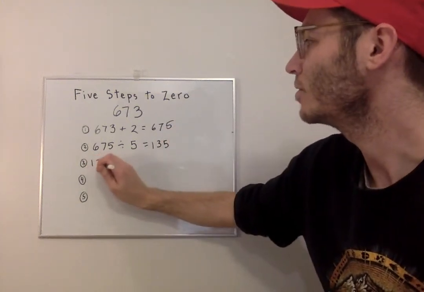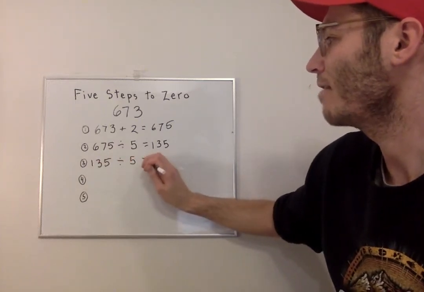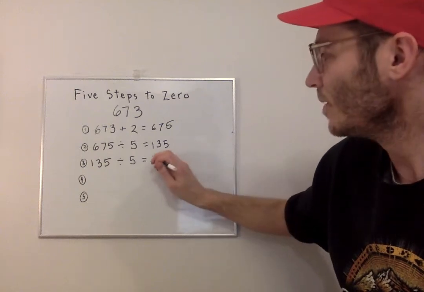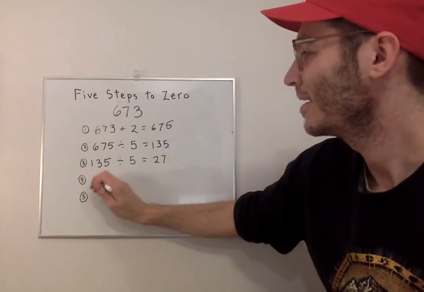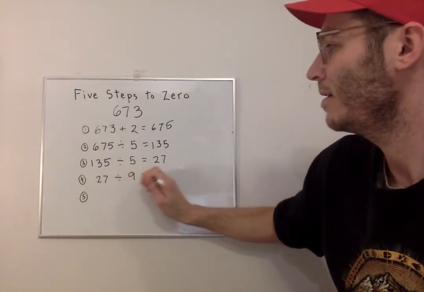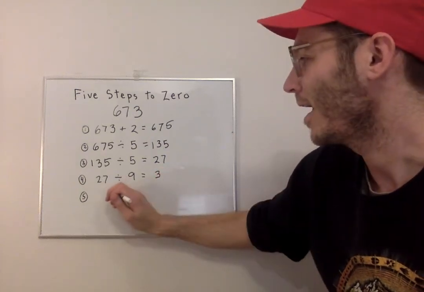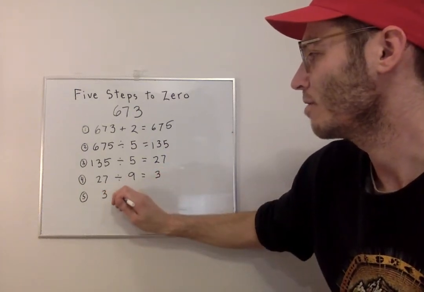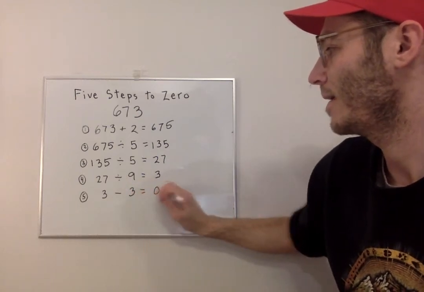Now I'm going to take that 135 and divide by 5 again. That is allowed. It's okay to repeat the same step twice. Now I'm down to 27, getting closer to 0. I'll divide again. I'm dividing by 9. Now I'm down to 3. And you could guess it, to get down to 0, I'm just going to subtract 3 minus 3,